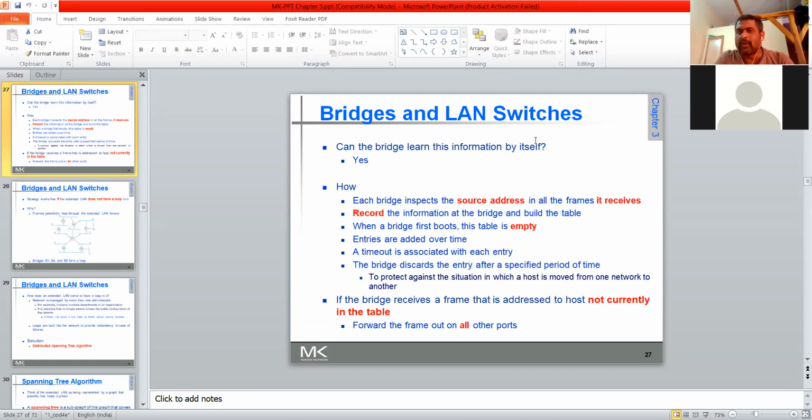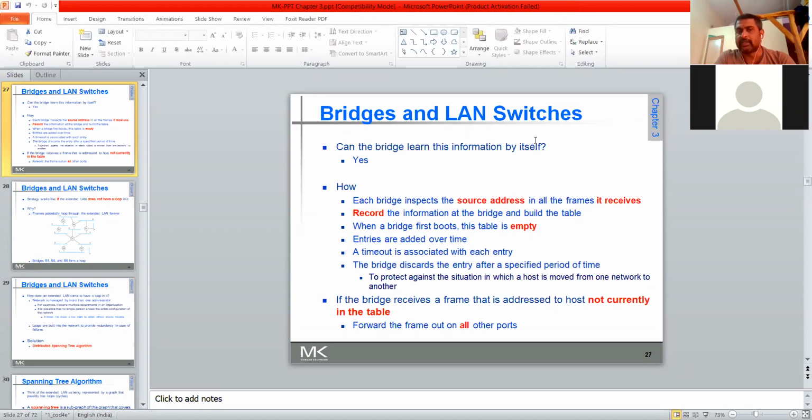So in these LANs, can the bridge learn this information? Static devices are fewer in today's world, because of that reason I'm telling you. So the bridge should learn how many devices have been connected to which particular port. Meanwhile, devices will be there, they will go off, they will come back like that.